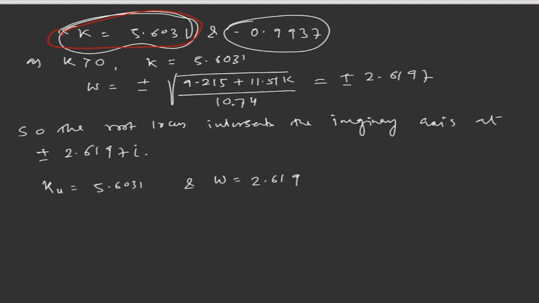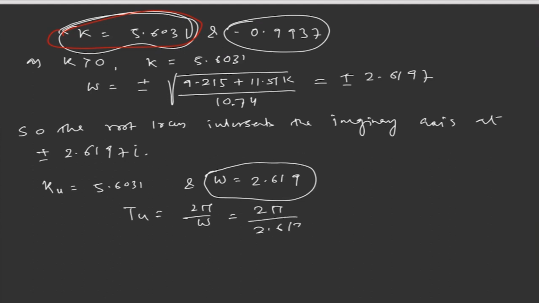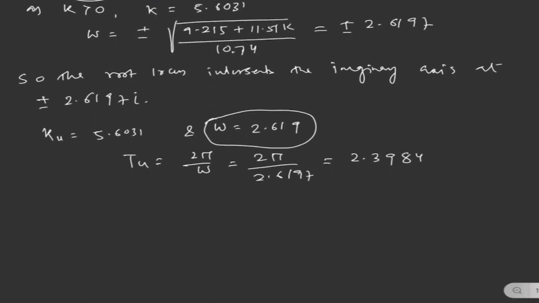And now, if you have this frequency, you can also find the ultimate time period Tu, which is 2 pi divided by omega, which is 2 pi divided by 2.6197, which is 2.3984. And so we have all the values, Ku we have, Tu we have. So using these two parameters, we can find the PID gains using